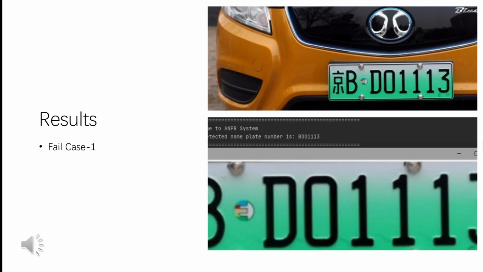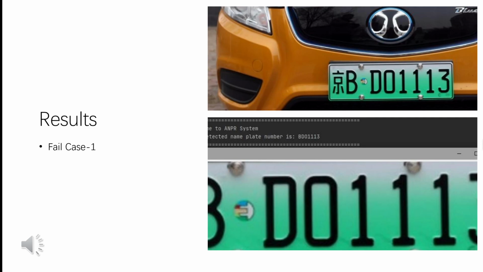Here are two failed cases we encountered during my experience that I would like to mention. In the first case, we use a car with a Chinese license plate as the input. The ANPR program successfully cropped the numeric and the alphabet part of the license plate. The output result is BD01113, but the value we expected to get of the license plate